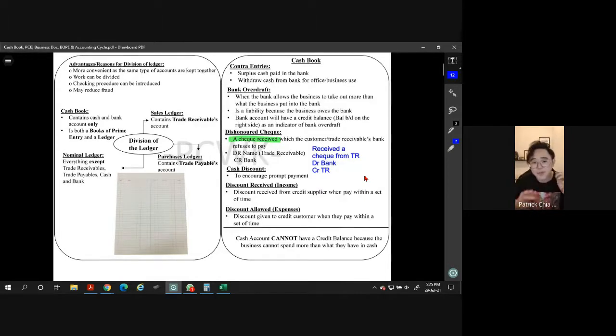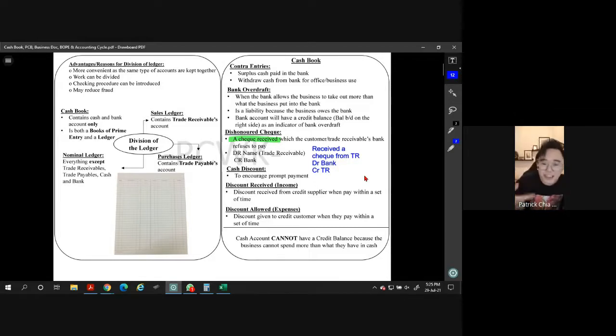But when they receive a check, if you don't record it in the cash book, if you don't write it down, will you remember? Of course you forget. That's why we do recording: so that we don't forget. So when you receive a check, we quickly write it down in the cash book. But that doesn't mean the money has already gone into our bank account. You must understand this part first, because if not, you might have a problem in the bank recon part.